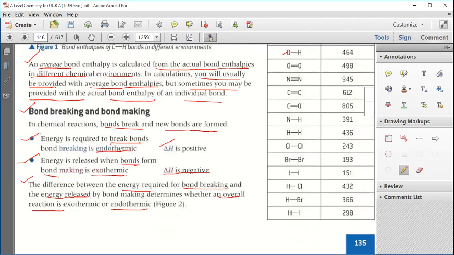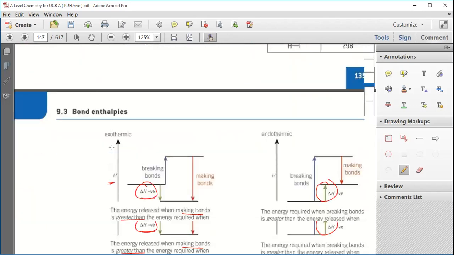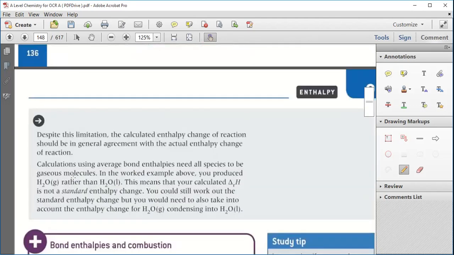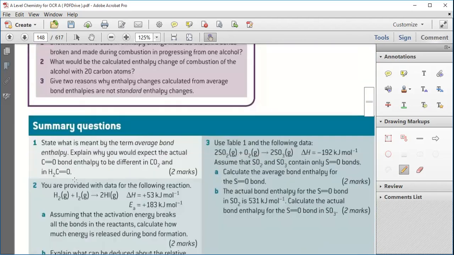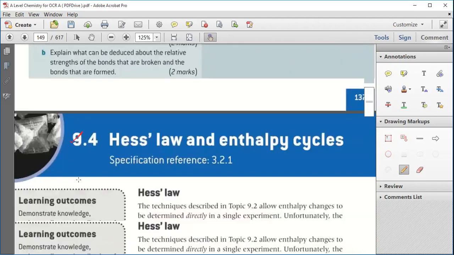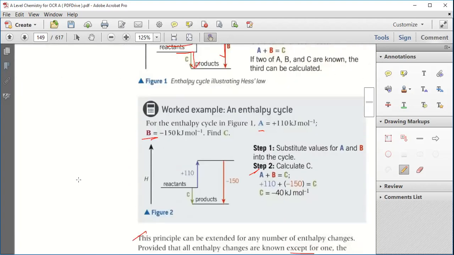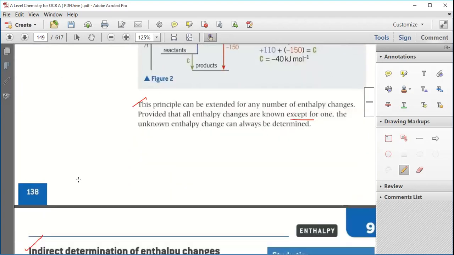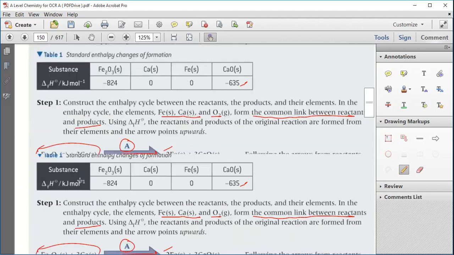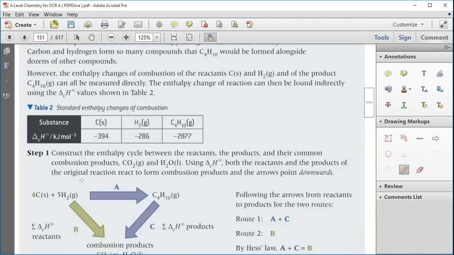So do we have to learn all these bonds? Not learned, it will be provided in your exam. No need to learn this by heart. All will be provided in your exam. Don't worry. If they are not providing, CBSE will provide. Got it clear? Any doubt in this?